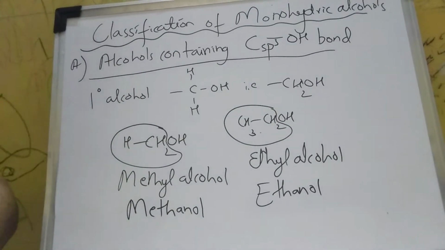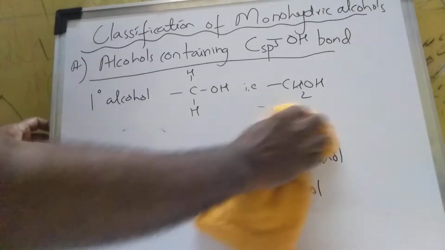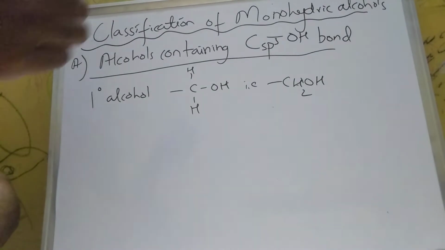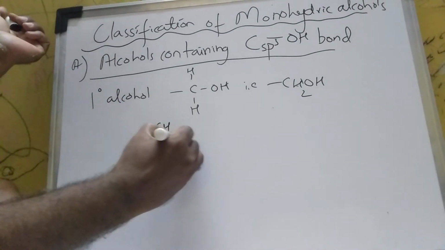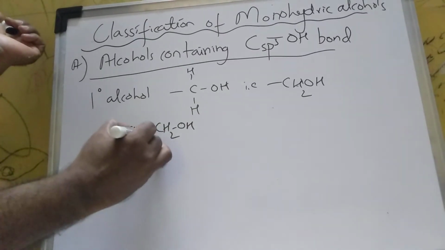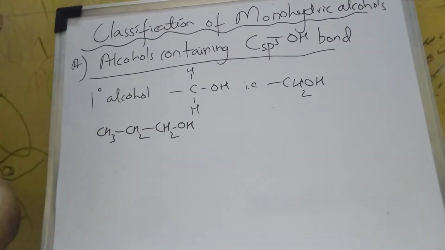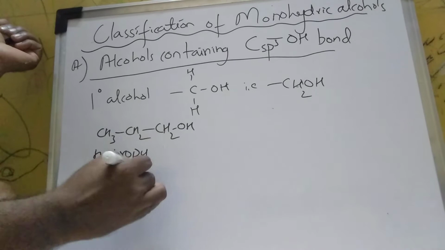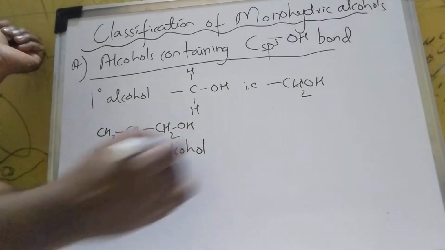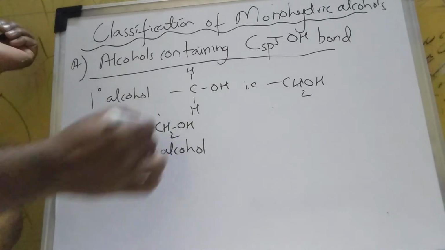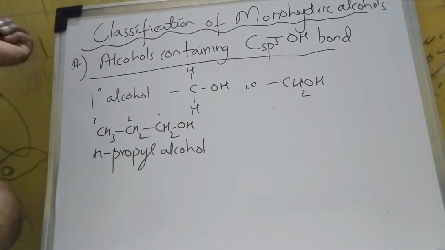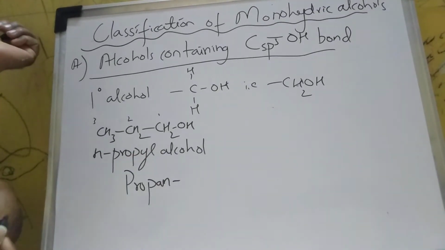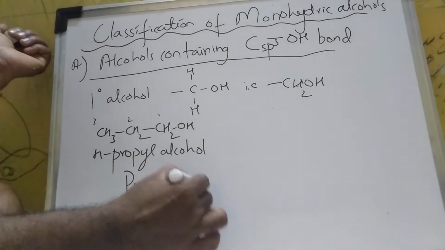The next primary alcohol we'll see has three carbon atoms, in a straight chain. 3 carbon atom propyl alcohol, or the IUPAC name: this will be first, second carbon atom, third. Propane means propan. The OH is attached to first carbon atom, 1,